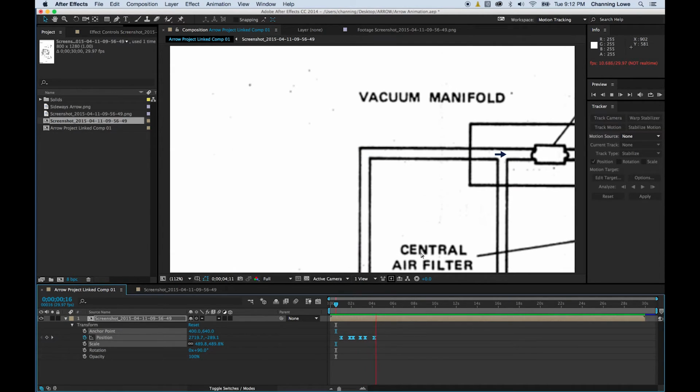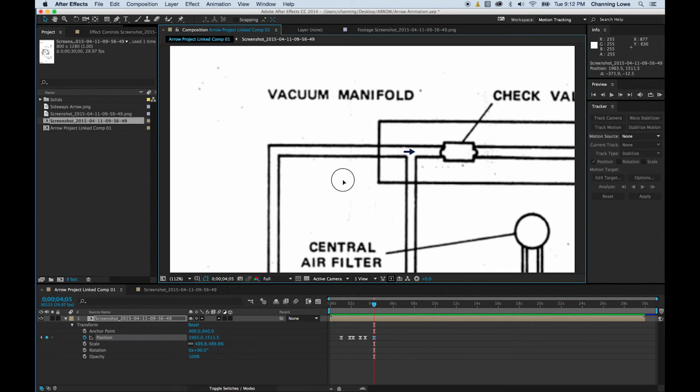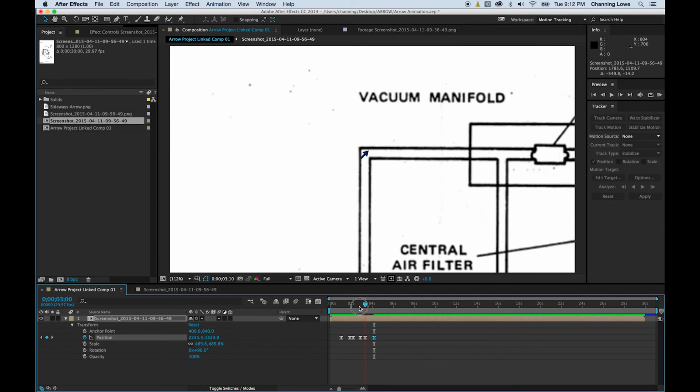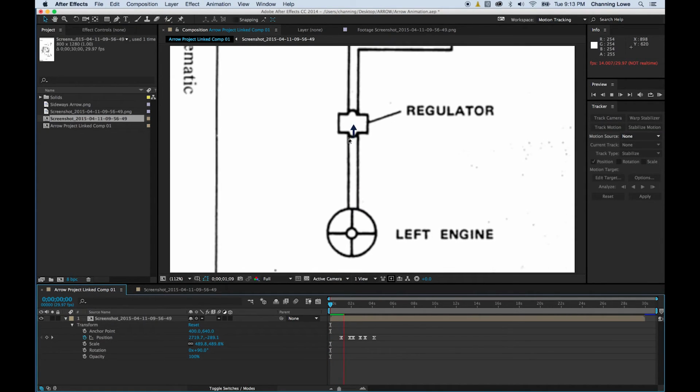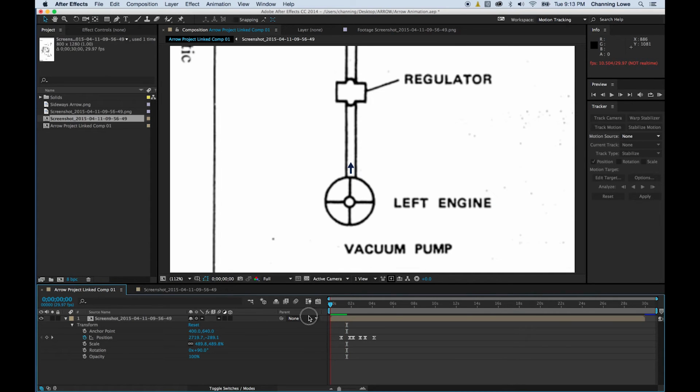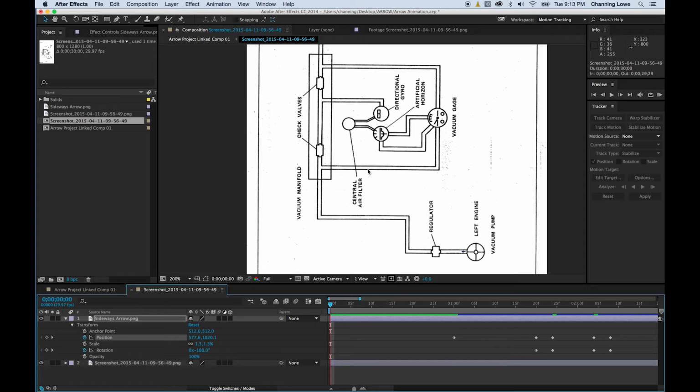And there we go. Actually, let me go to this last keyframe. I didn't move that one over, and we're going to move that over. So there we go. Okay, so after I'm done with those keyframes there, what I'm going to do now is, I want this arrow looks a little bit stroby here. So I want to add a little bit of motion blur to make it look a little more natural. So I'm going to go back to my screenshot composition. So I'm on the original image here. And I'm going to